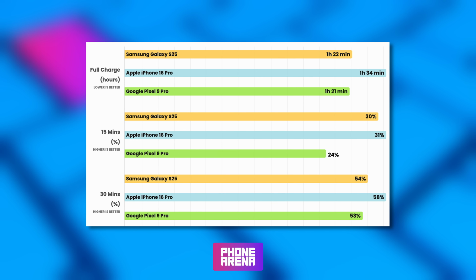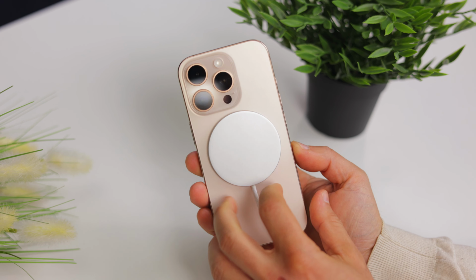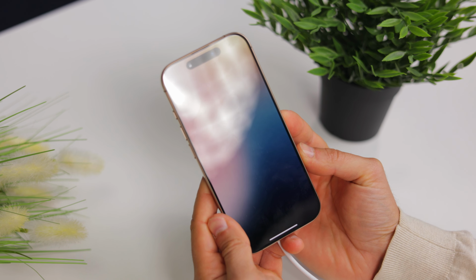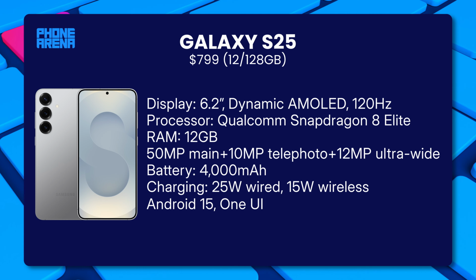As for charging speeds, all are very similar and charge at a rate of around 25 watts. A full charge takes about 1 hour and 20 minutes on the Pixel and the Galaxy, while the iPhone takes a bit longer, around 1 hour and 35 minutes. All three phones also support wireless charging, with the iPhone having the fastest 25-watt charging speed, but only if you use Apple's second generation MagSafe puck, while the Pixel supports 21-watt wireless charging and the Galaxy only supports 15 watts. Alright, battery life and charging seem to be overall slightly better on the Galaxy and the Pixel, but what about